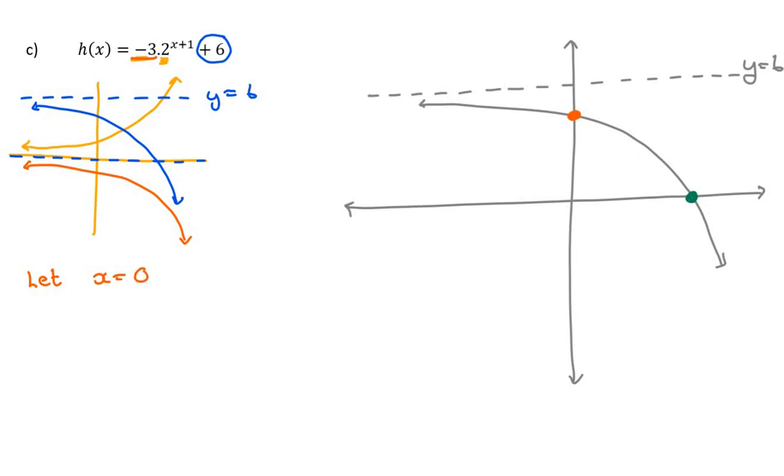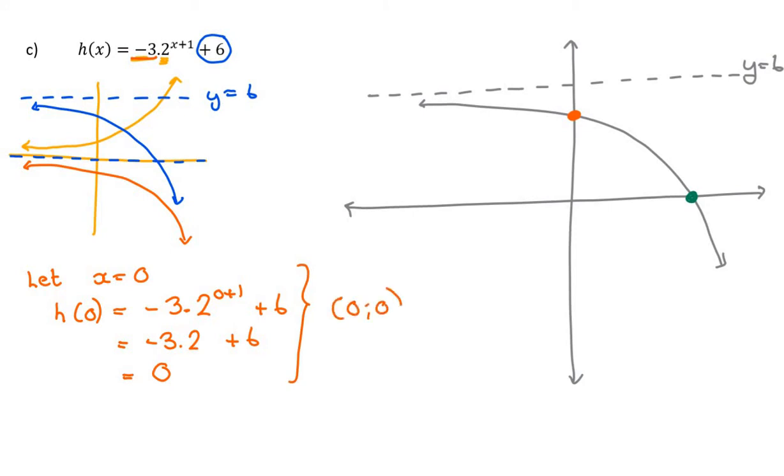Let x be 0. So what is h of 0? So that's negative 3 times 2 to the 0 plus 1 plus 6, which is negative 3 times 2 to the 1 plus 6, and oh gosh, what do you know? In the unlikely event, it has happened. (0, 0). When x is 0, my y value is 0,